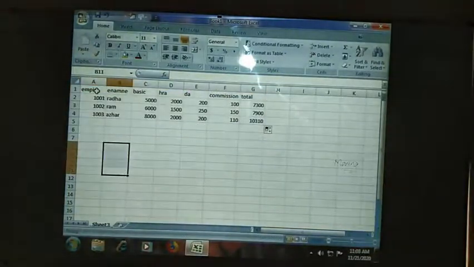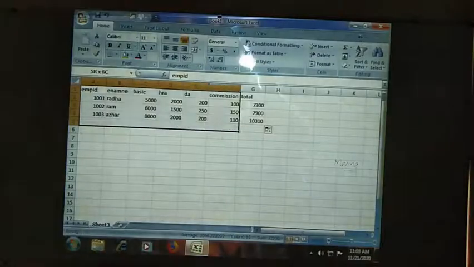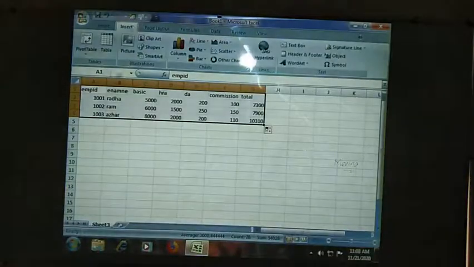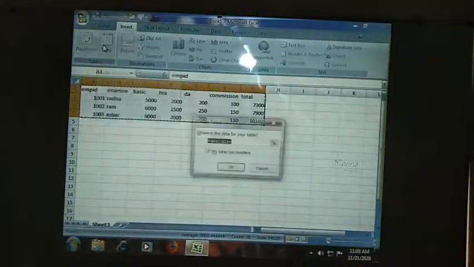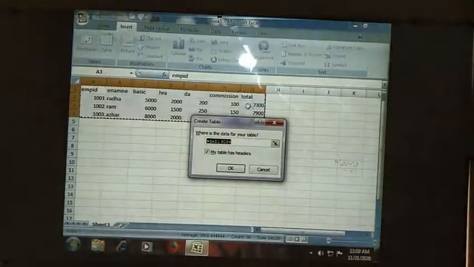Just place your cursor on the first cell of your table, hold your left button, and drag to select the range of values. Then go for the Insert tab and click on the Table option. There you people can see your range. If you want to extend it, you can, but you need to check the box "My table has headers", then only your first row will be considered as the header, else it will also be considered as values. Okay, click on OK.